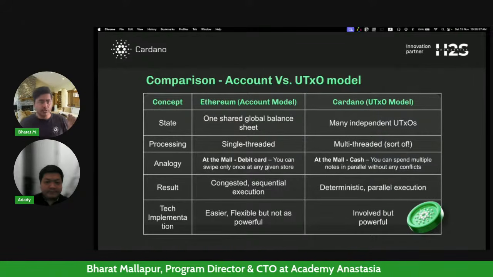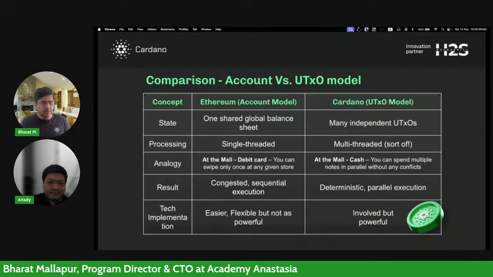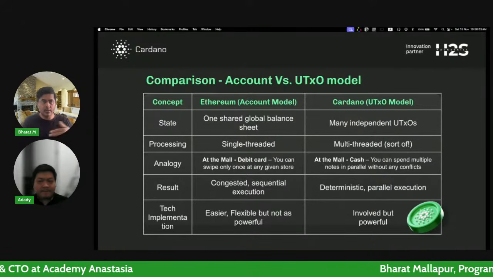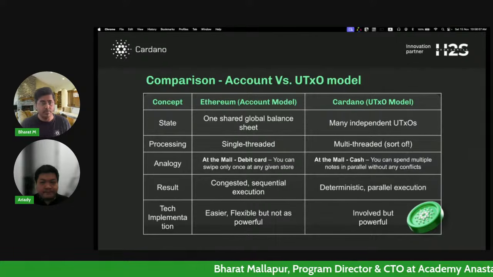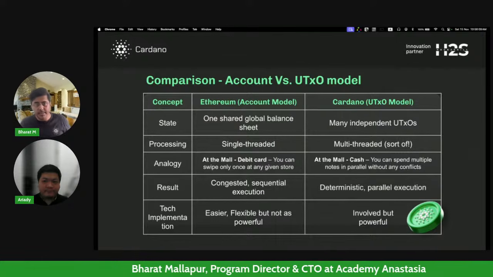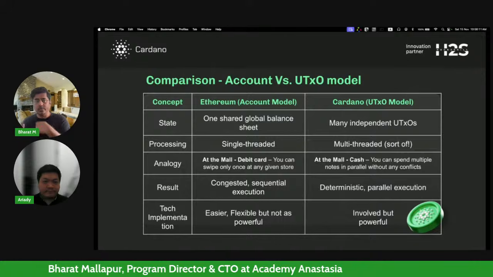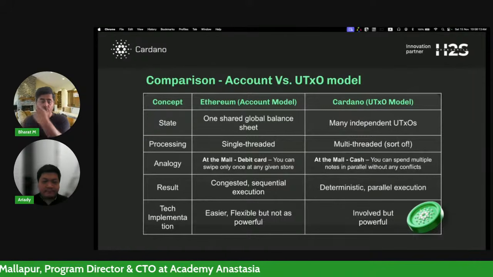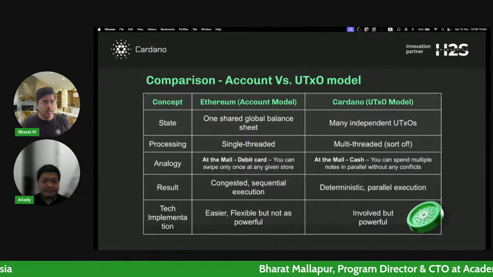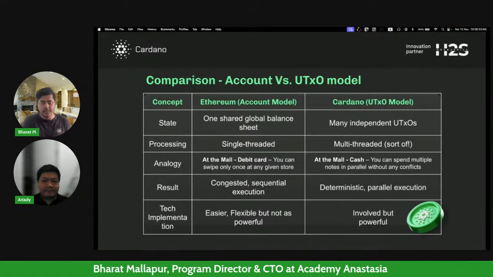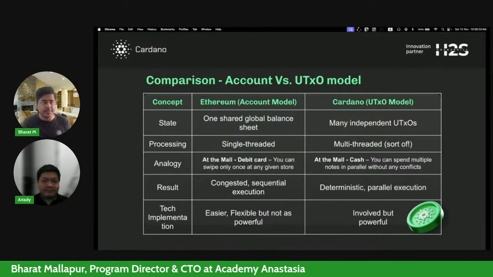Let's say you're purchasing something and you've just swiped your card, it's still processing, and then your wife and kids come and say, please come and pay for the goods that you have bought. So now, until my transaction goes through, I cannot go to the store and swipe it, or I can't even give it to her because it's still processing, right? So at any given time in Ethereum, only one transaction is effectively in flight, right?